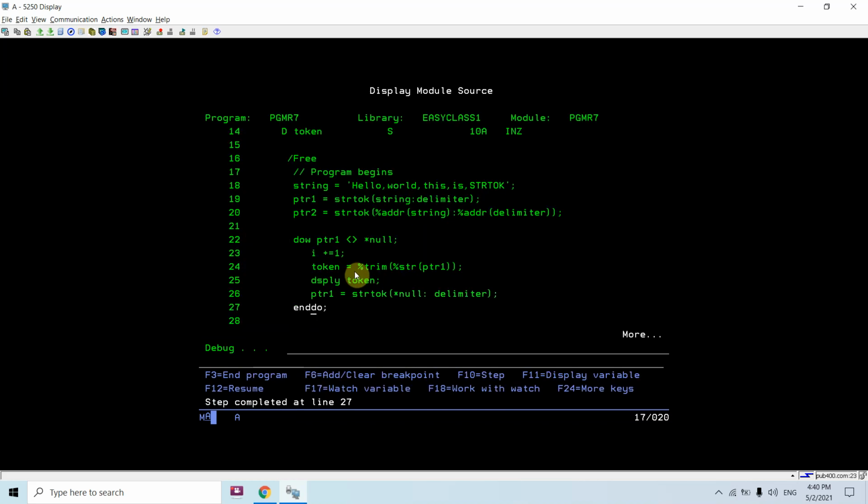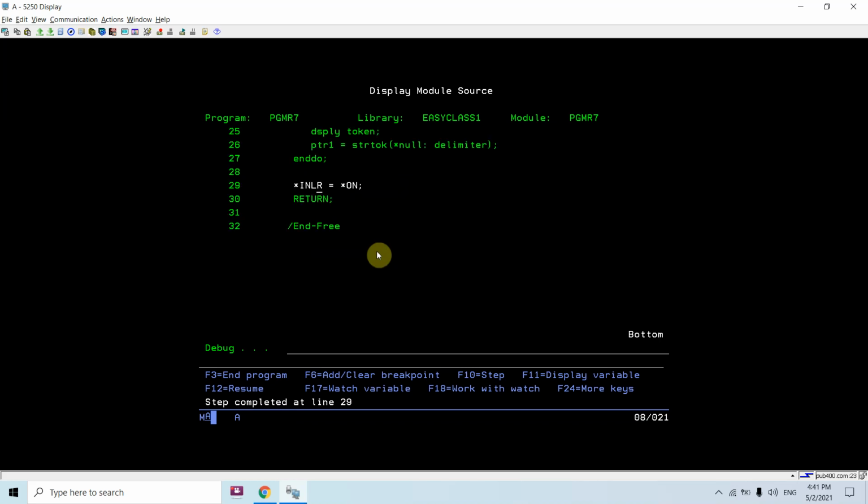Now we return this token. The same way we return the is token, and the same way we return the strtok token. After that there is no token at all, and we got the pointer address as *null. Now once it becomes null, we will end the loop.